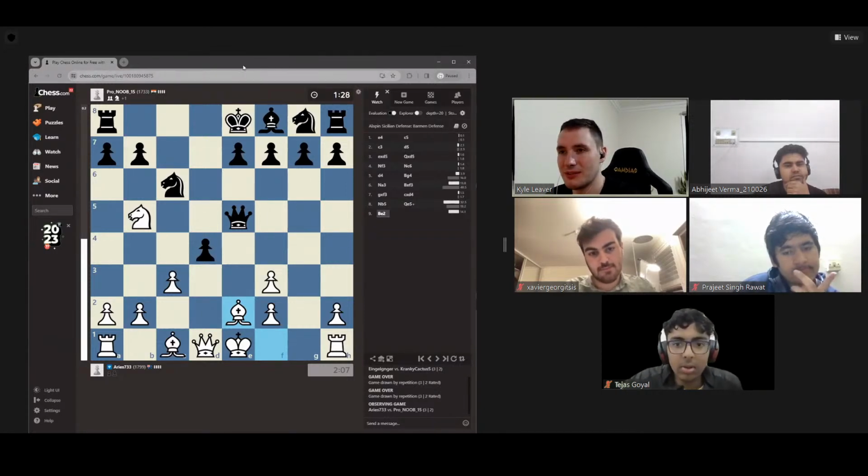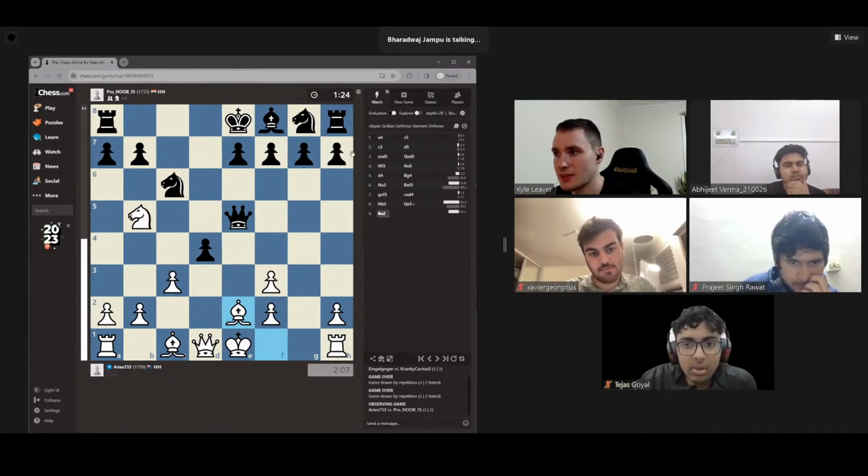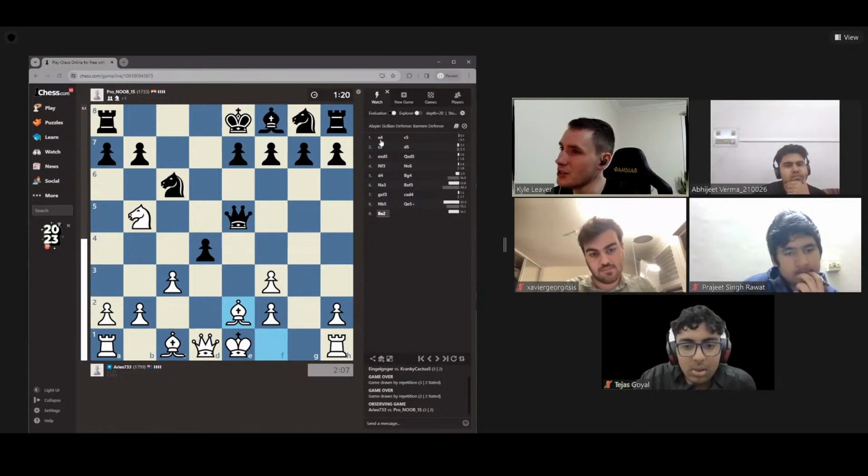We'll have to see what Xavier has in mind. This came from an Alpine defense, which actually is a bit unusual because Xavier is not usually an e4 player from what I know. He switched up his repertoire recently, actually. Yeah, he must have switched it up. I know he's played the Trompovsky opening a lot, but